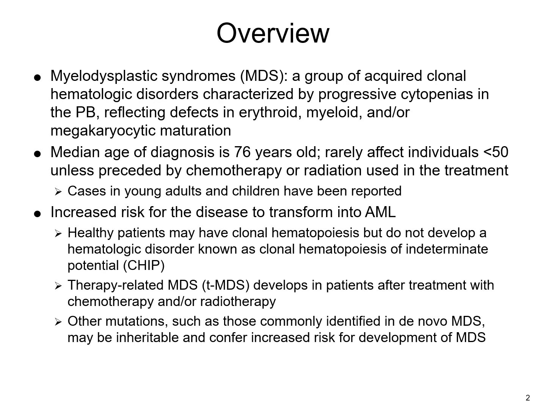The median age for diagnosis is around 76 years old. It's rarely seen in individuals less than 50 unless there is some sort of treatment like chemotherapy or radiation for other neoplasms that has stimulated the course of this disease progression. Cases in young adults and children have been reported, even though it's not very common. If someone has a myelodysplastic syndrome, there is an increased risk for disease progression into an AML, or acute myelocytic